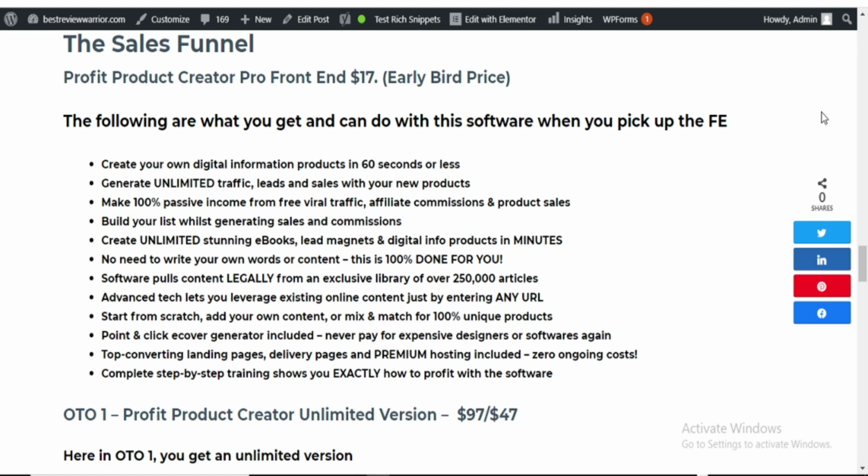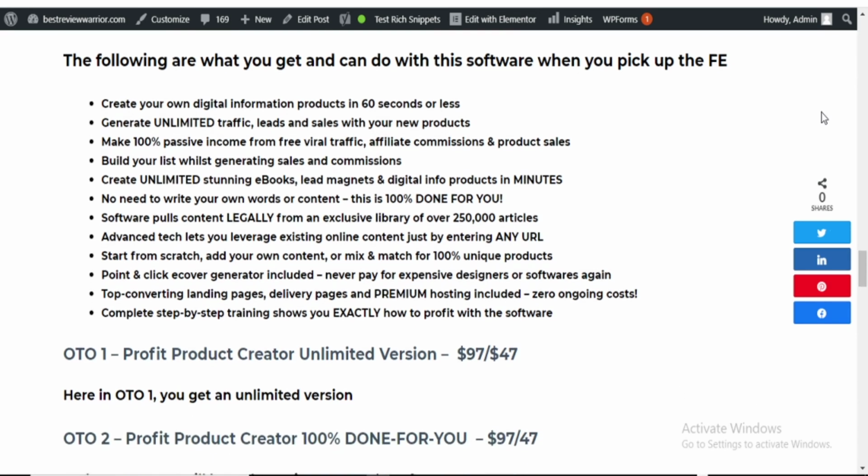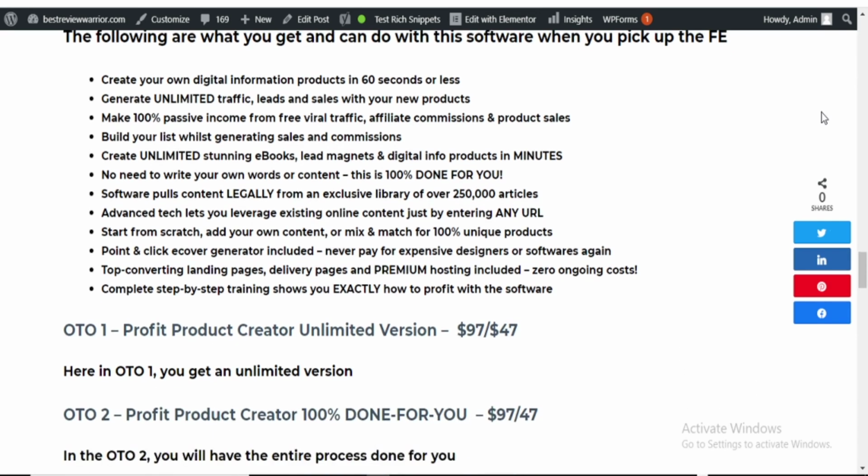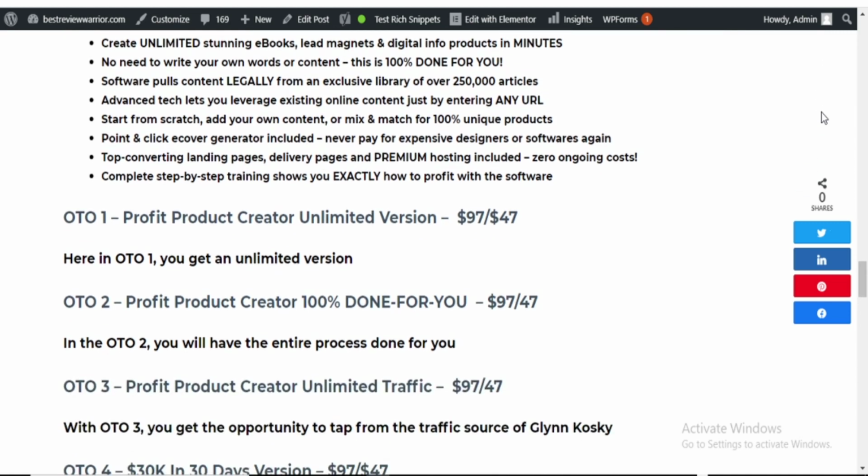Then you have the OTO1, which is the Profit Product Creator Unlimited version. Here you'll be getting everything in the unlimited version, and it will be going for $97 with a down sale of $47. Then the OTO2, which is the Profit Product Creator 100% done for you. Here you get the process done for you, and it will be going for $97 with a down sale of $47.